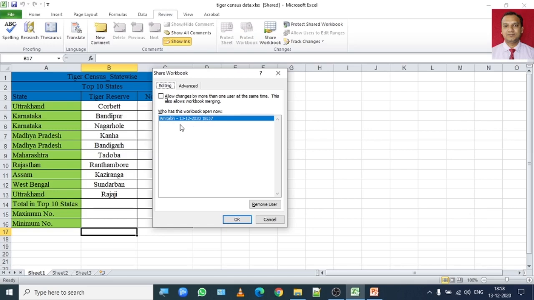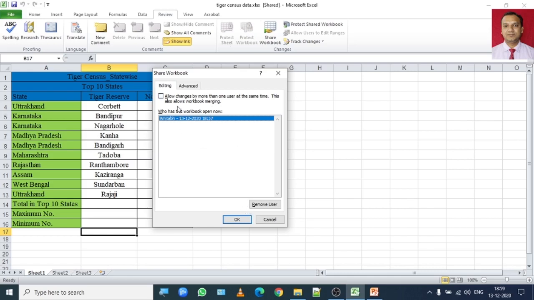In a similar manner, you will find multiple users of their computers who are accessing this particular workbook. So you can select their username from here and you can remove the user. Because I am the only owner of this workbook, it doesn't make any difference whether I remove or not, but it will stop sharing this workbook.